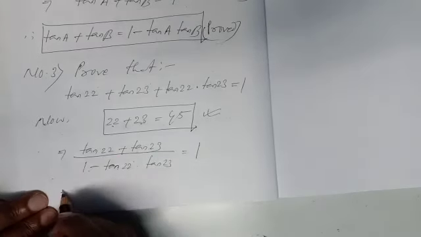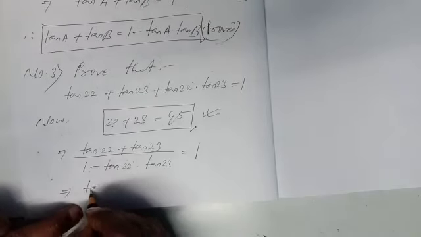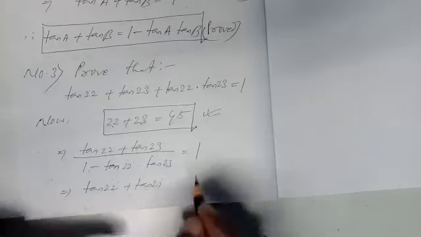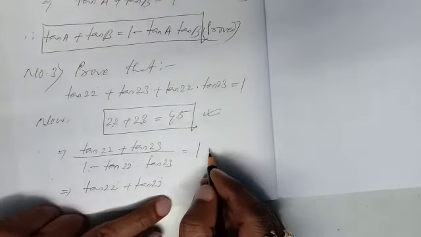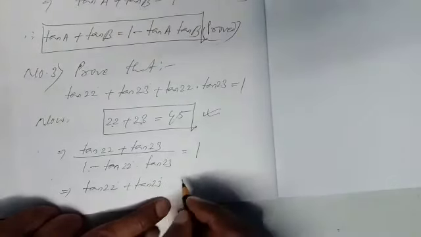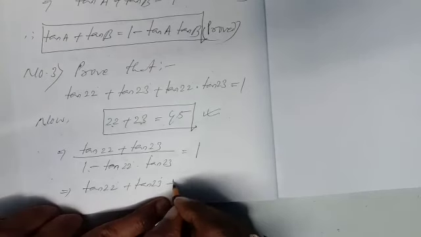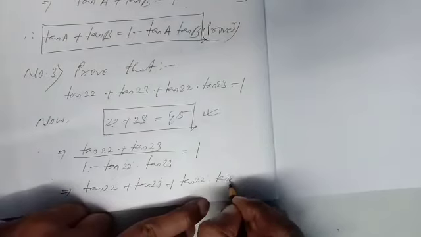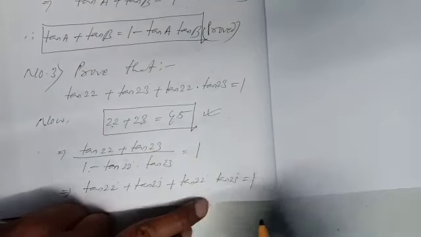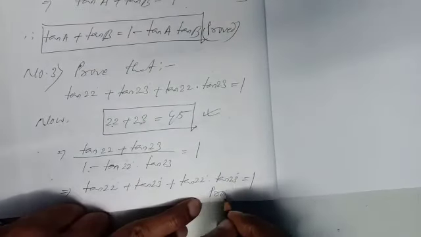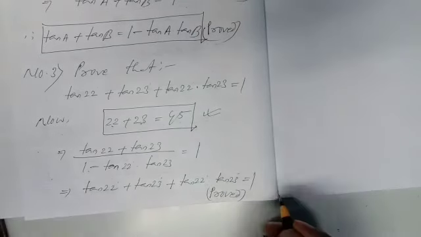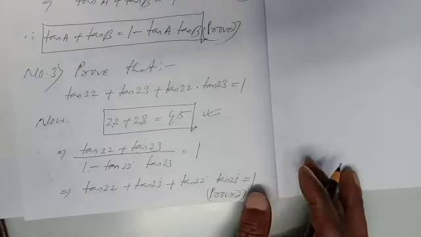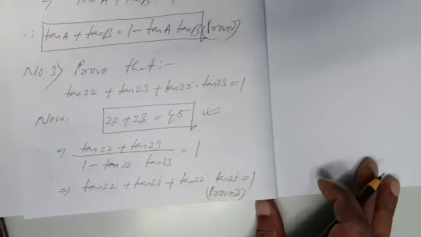By cross multiplication, you will get the result, that is tan 22 degree plus tan 23 degree. This total will come here. After that, this minus tan 22 into tan 23, bring this to the left hand side, plus. This will be tan 22 degree plus tan 23 degree plus tan 22 degree into tan 23 degree is equal to 1. In this way, I proved the number 3 question. Okay. Try to completely redo all these sums. They are slightly important, hard sums. Thank you for today's class. Next day, 2 more sums.